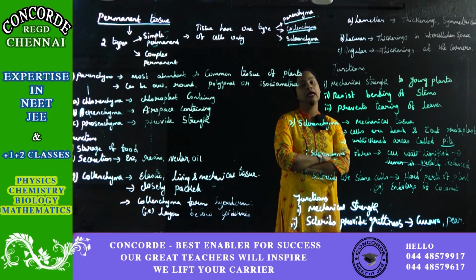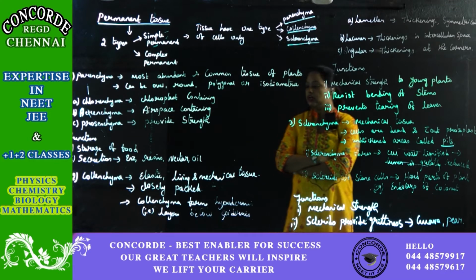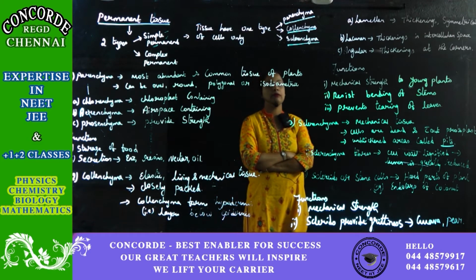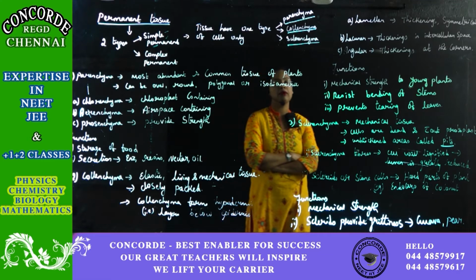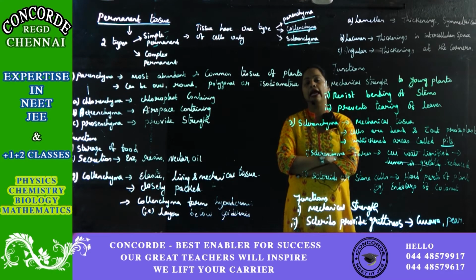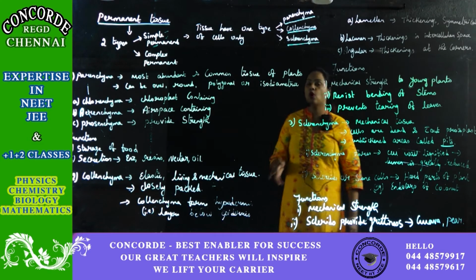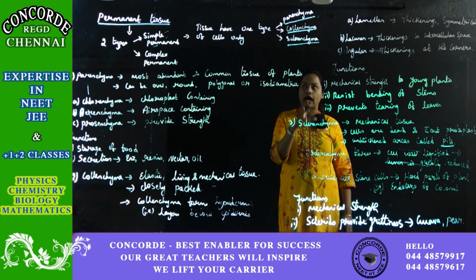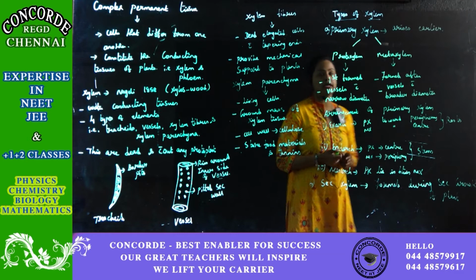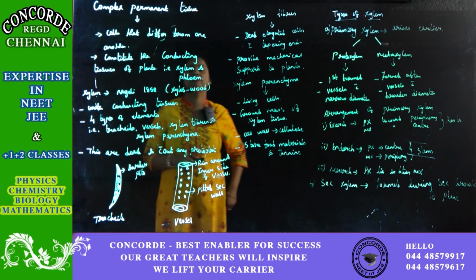Parenchyma is abundantly present in the plant, and collenchyma is elastic and closely packed. Collenchyma will develop into hypodermis. Sclerenchyma is a mechanical tissue, its cells are dead and without protoplast, and it has unthickened areas called pits. So this is about the permanent tissue. Next we move on to the parts associated with permanent tissue. So far we were discussing the simple permanent tissue. Next we are going to discuss the complex permanent tissue.